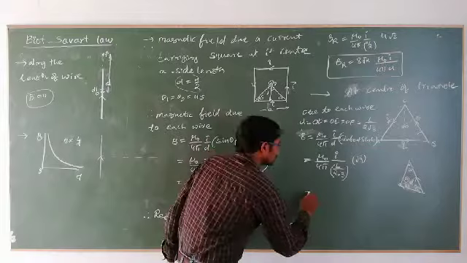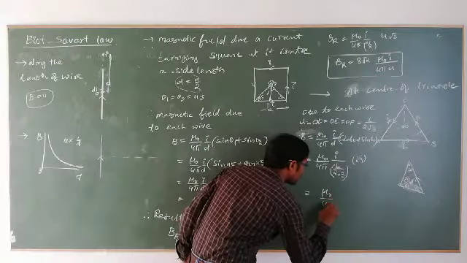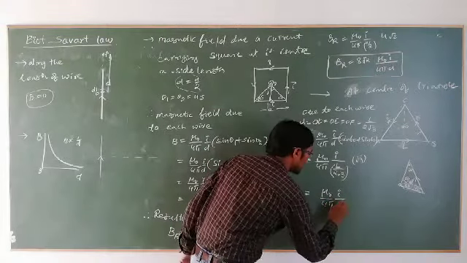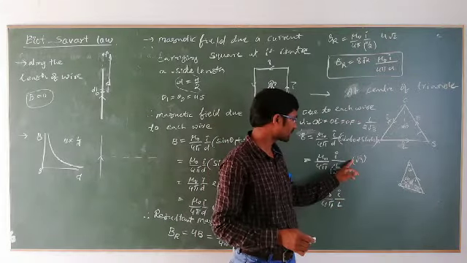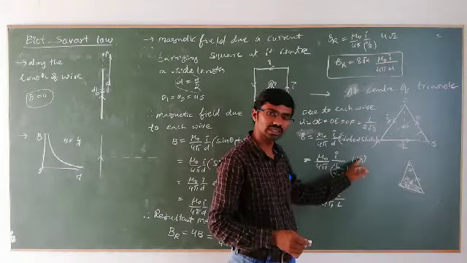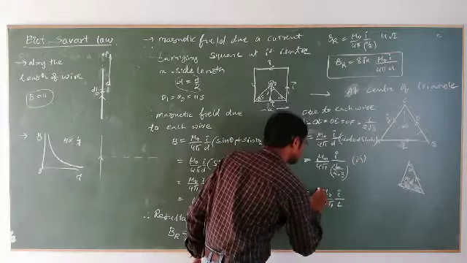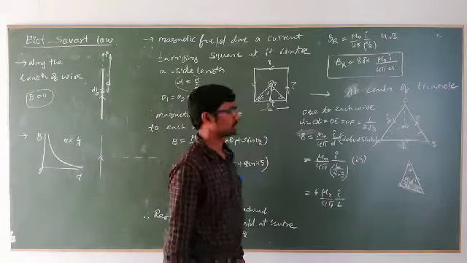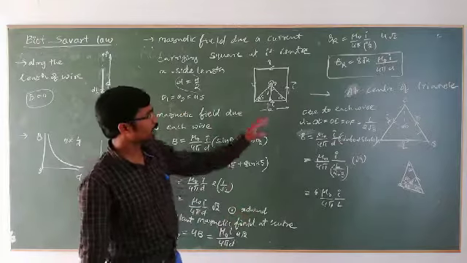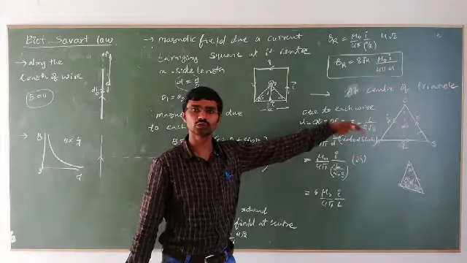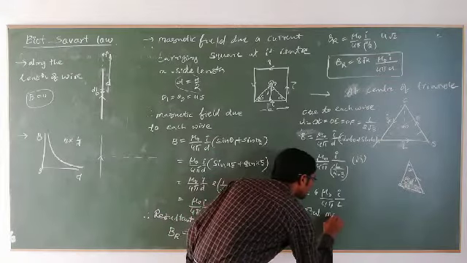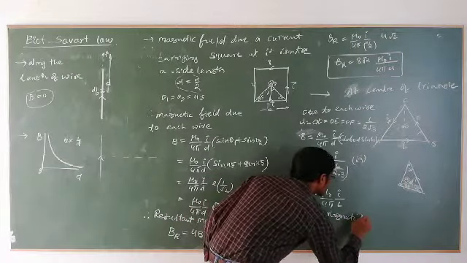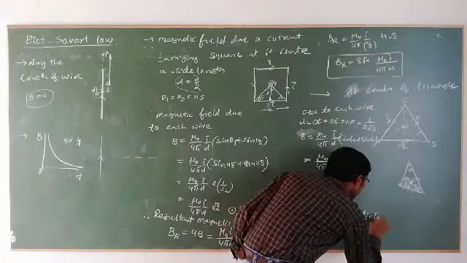And the center of the triangle. What is the magnitude of the magnetic field at the center of the triangle? It is an equilateral triangle. If the side is L, this is the center, the point where the medians and bisectors meet. For each side, A, B, C, the current I is flowing.